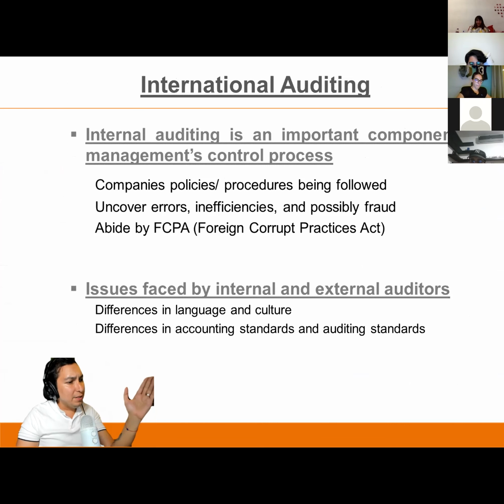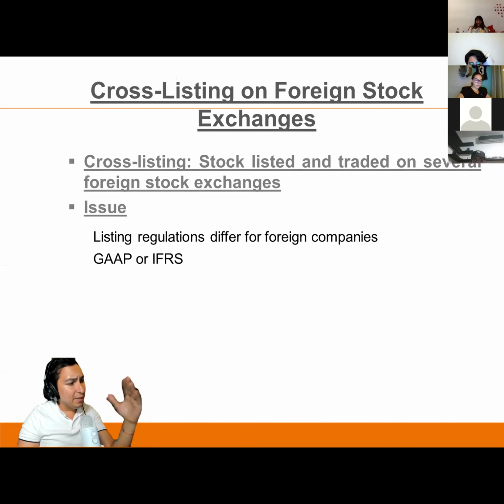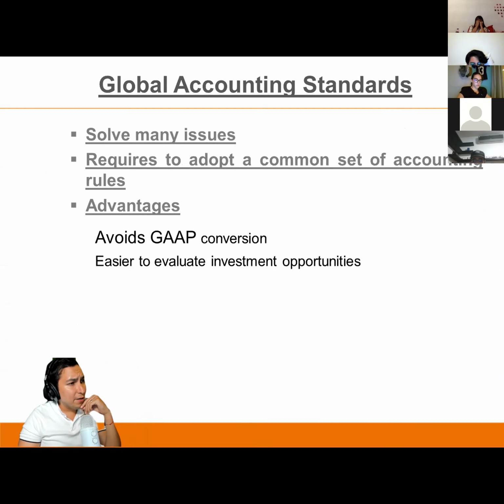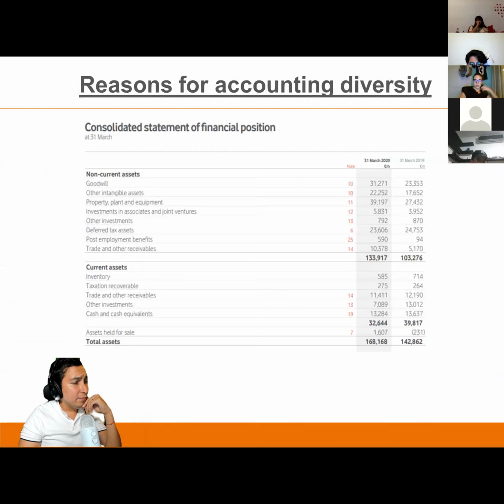So we will start with the issues regarding the accountancy aspect. Obviously, that's our topic. That's the first issue regarding global accounting standards that we need to solve, which is that we have in this position